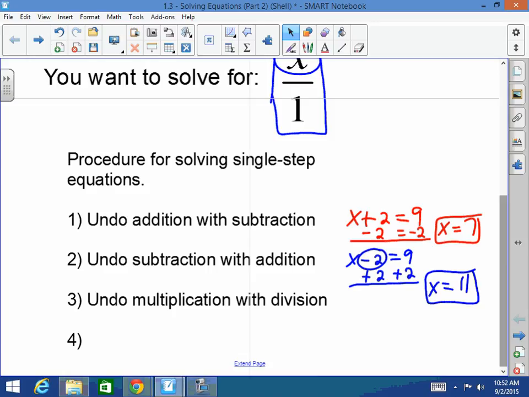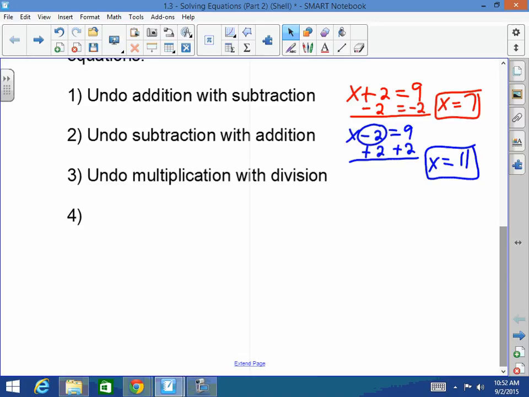You can undo multiplication with division. What does that look like? Well, it looks like this. Let's say I have 3x equals 12. That's kind of messy. Hold on. Equals 12. Well, in this case, you always have to ask yourself, what is the relationship between the variable and the numbers given? And in this particular case, since I have a 3 next to an x, and there are no